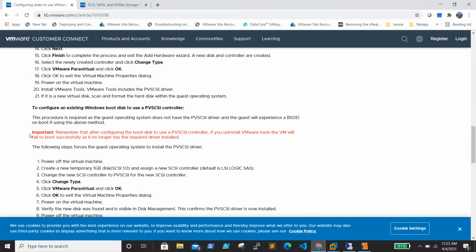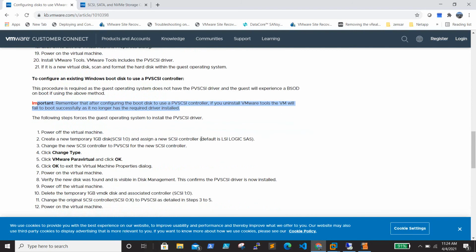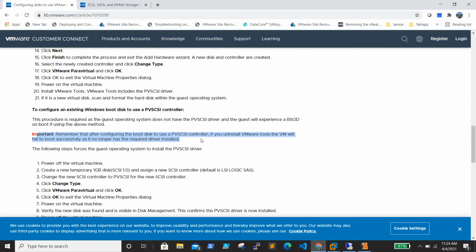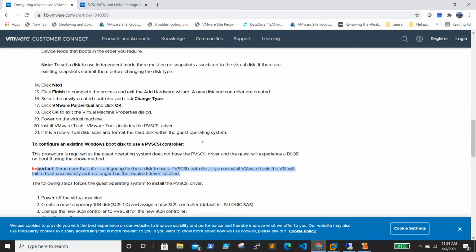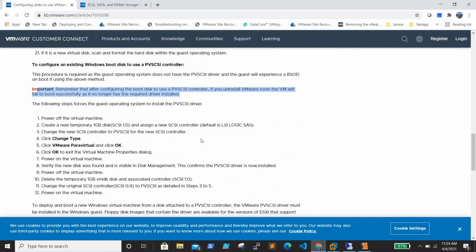VMware says to remember that after configuring the boot disk to use paravirtual SCSI controller, if you uninstall VMware Tools, the VM will fail to boot successfully as it no longer has the required driver installed. And even we saw that after changing the controller it got BSOD. Even if you directly add without adding a new disk, it will happen. So it's a good example.